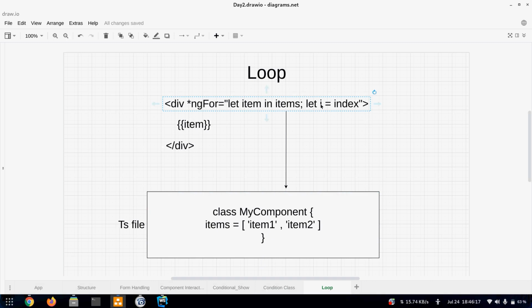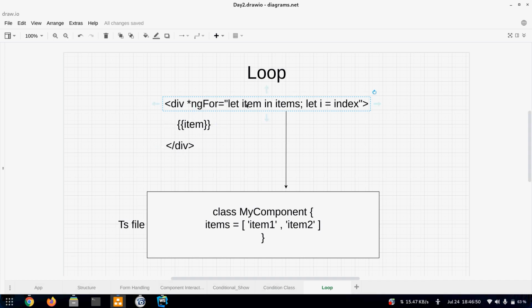And we can also add let i equal to index so that we can get the index of that item. Okay, so this is the syntax, and inside this div